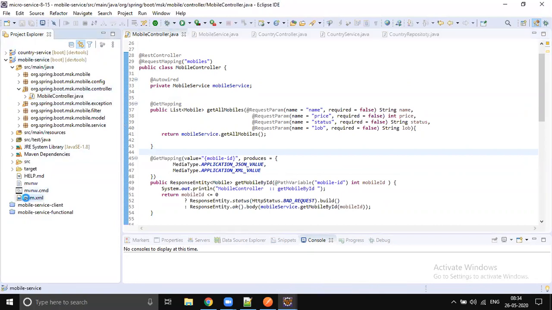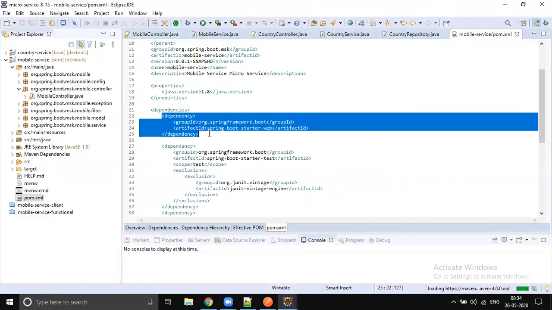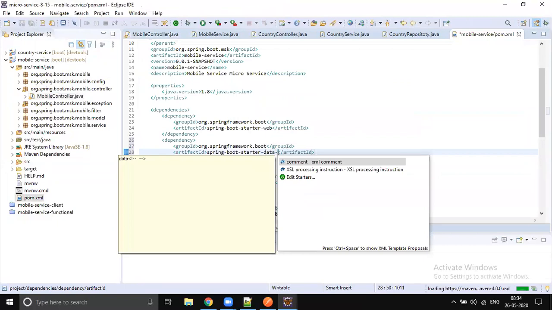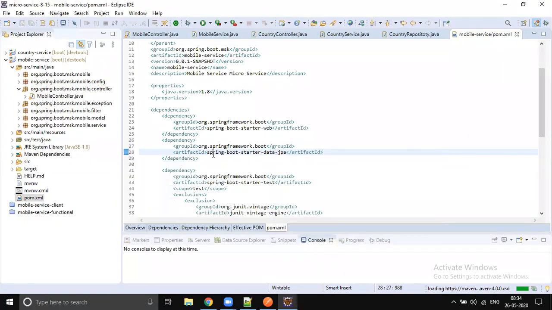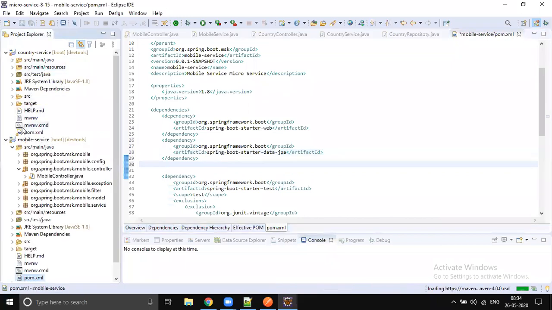So let's add the Data JPA starter. So it's going to be data-jpa. Okay, and another one is the database dependent jar, right? So that is the MySQL jar, and that version will vary from database version to version.